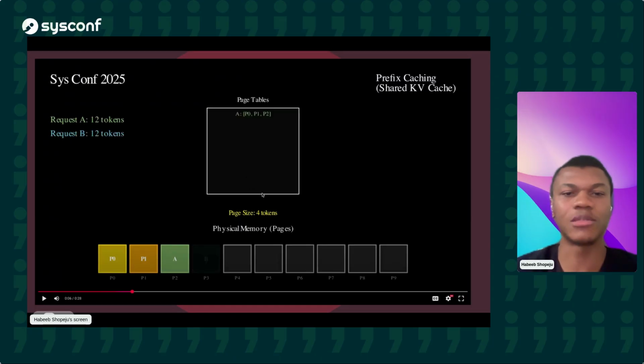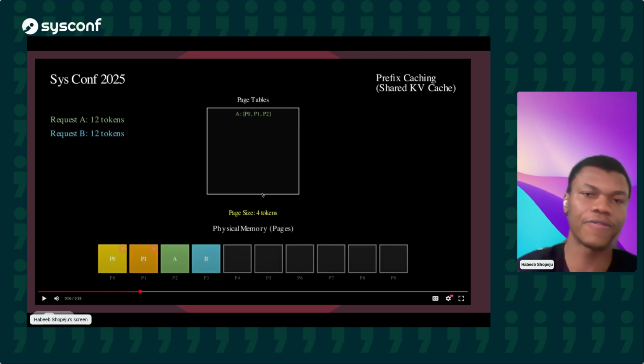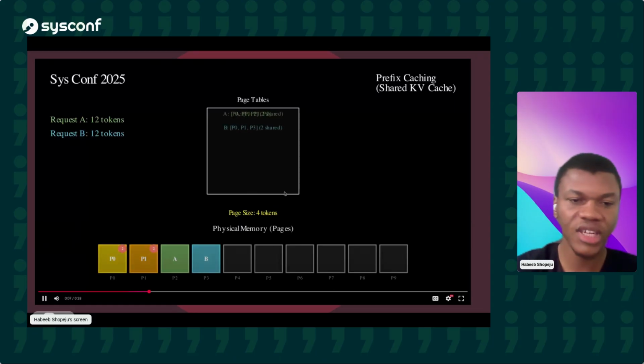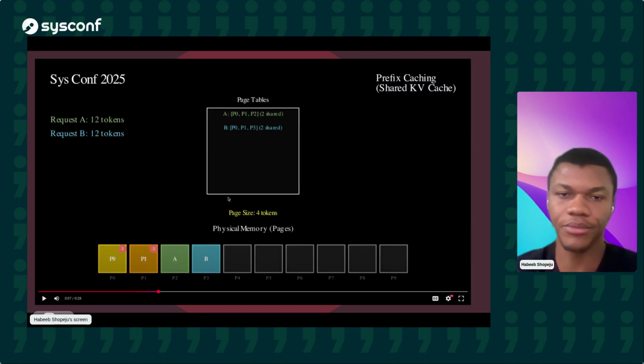But then because request B is sharing the first parts of its own prompt, you can essentially hash the contents of those tokens and then find in cache what the KV cache values are. Essentially, we see that the first 2 pages have been referenced by request A and request B. That's reference count of 2, reference count of 2. The remaining parts of the request or the tokens can then be filled into memory. So A and B share 2 pages.